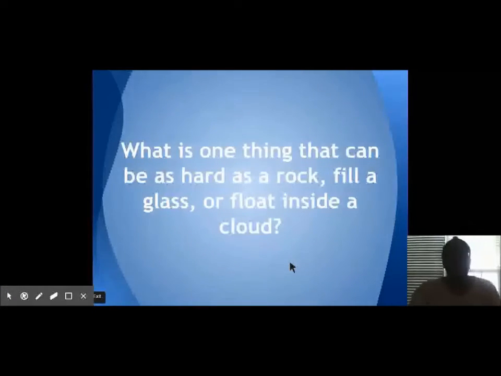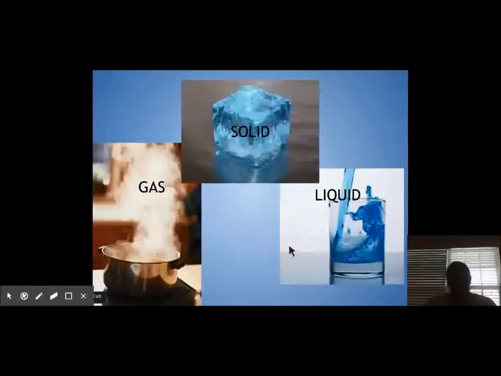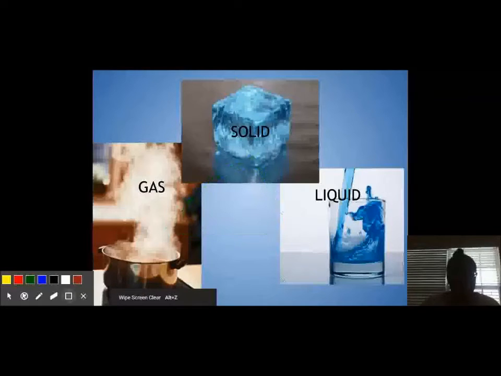So, what is one thing that can be as hard as rock, fill a glass, or float inside of a cloud? If you guessed water, you are correct. I know that we talked about the different states of matter. Water is so unique that it can be found in three different states: solid, liquid, and gas. Remember that triangle that we did during the states of matter. Water can be in any state. Okay,